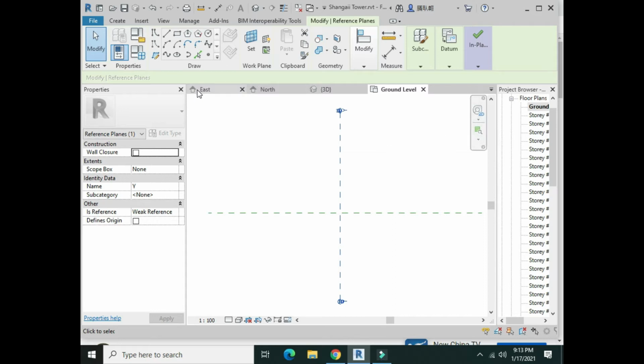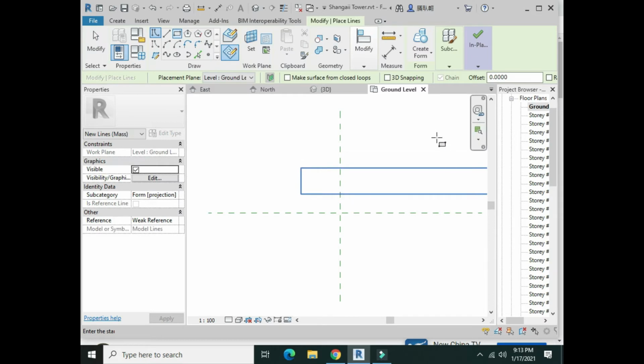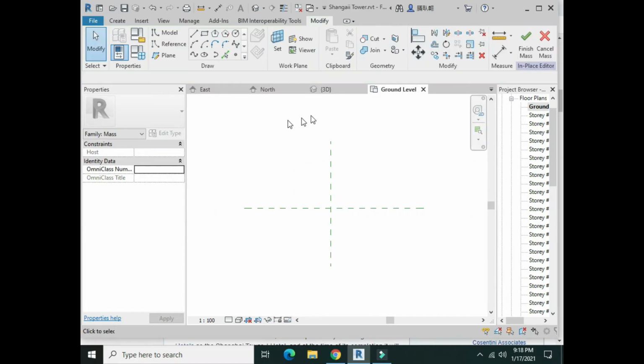Now we will draw a square of almost 54 meters by 54 meters. This 54 meters came from rough calculations I got from the internet. It came from the total floor area of the Shanghai Tower, which is approximately 380,000 square meters.